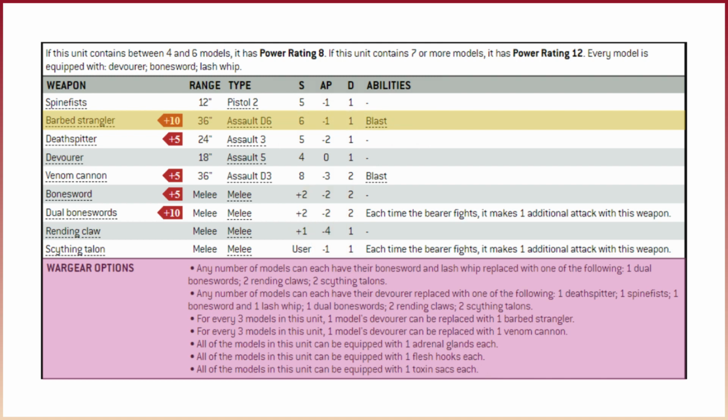Now getting on to the third bullet point, for every 3 models in the unit, 1 model's Devourer can be replaced with the Barb Strangler. This is a 10-point range weapon, it's 36-inch range, assault D6, so unreliable I suppose, but at least you could potentially get a high number there. Strength 6, -1 AP, 1 damage with the blast ability. So definitely good against larger units, maybe toughness 3 so that you are wounding them on a 2+. The -1 AP is all you need against those units, 1 damage. And also note it's an assault weapon, so you could potentially advance with this and still fire at a -1 to hit. Now for me, I think 10 points is a little bit too pricey for that one,